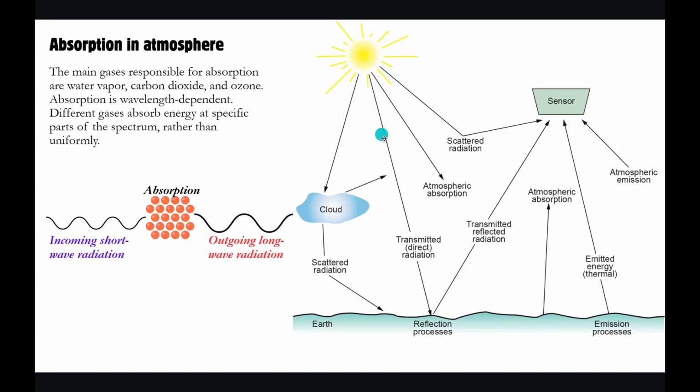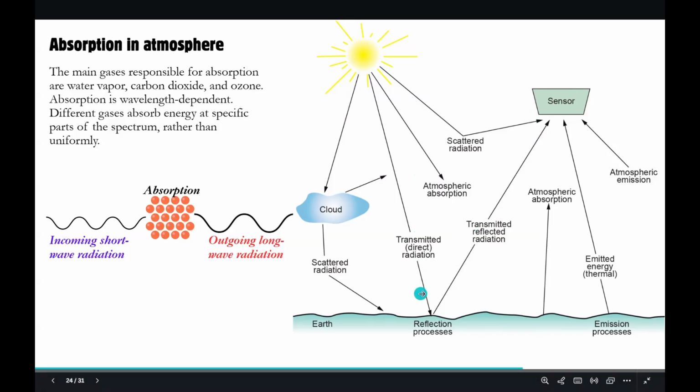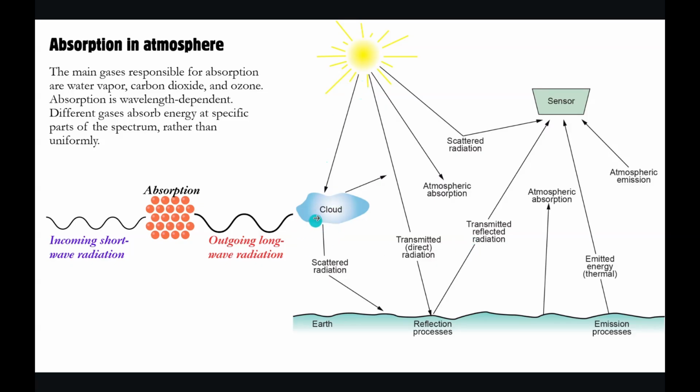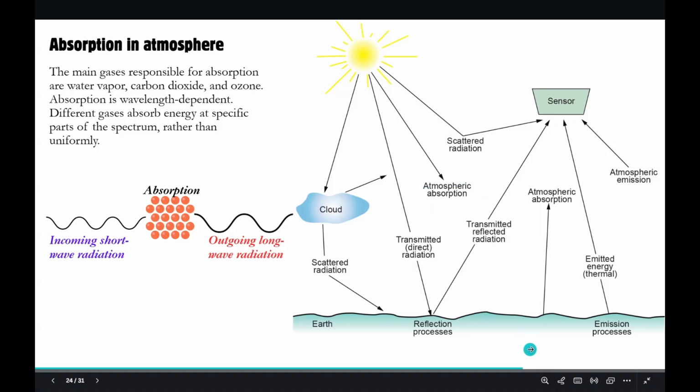So this ray that you see directly coming and reflecting at the surface and going back to the sensor without getting hindered, this is what we call the atmospheric window. Whereas here, this radiation is getting hampered. Then you see another ray that ends midway in the atmosphere itself. Some gases are able to completely absorb certain kinds of energy, such that nothing gets scattered, nothing gets reflected, everything gets absorbed, and nothing comes towards the surface.